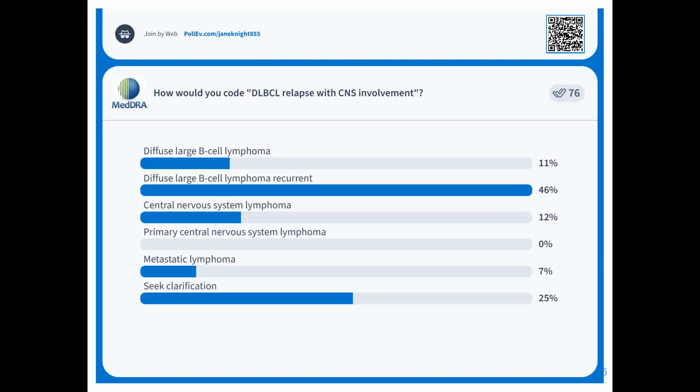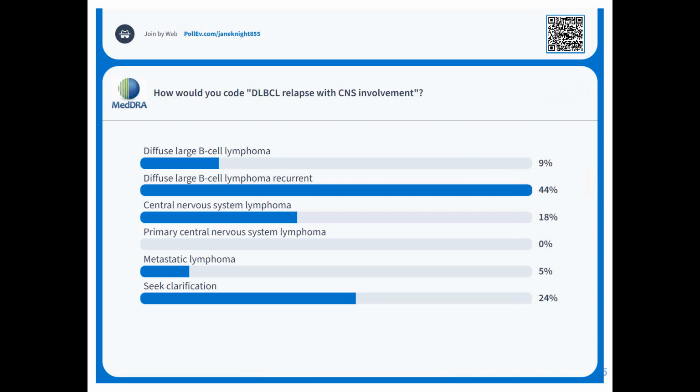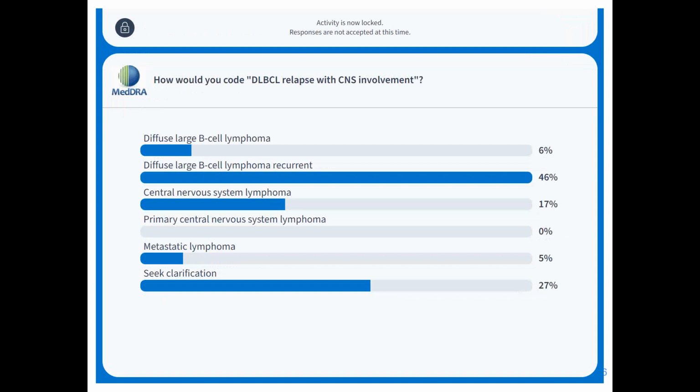So I see you voting. Let's see what you're going for. Most of you would go for diffuse large B-cell lymphoma recurrent, central nervous system lymphoma, but many of you also would rather seek clarification. Primary central nervous system lymphoma is not any option, but otherwise we have a bit of a split of opinions. But diffuse large B-cell lymphoma seems to be one of the favorites here, but many of you also would seek